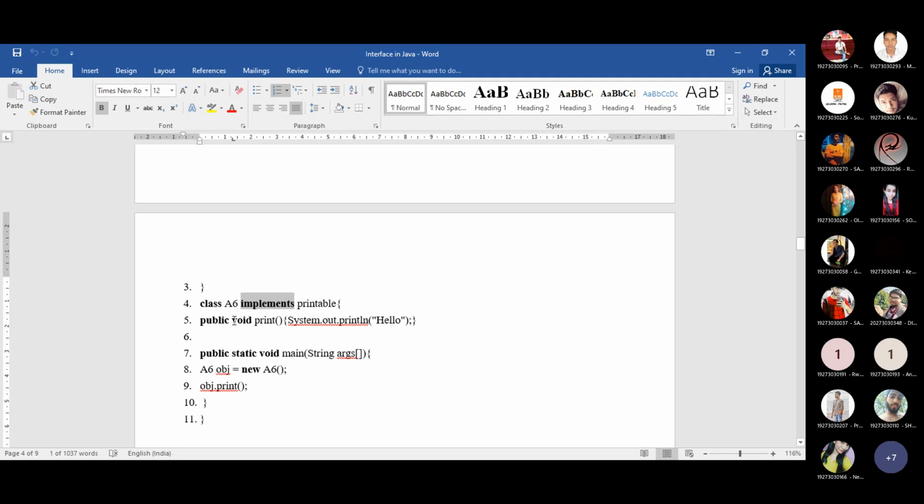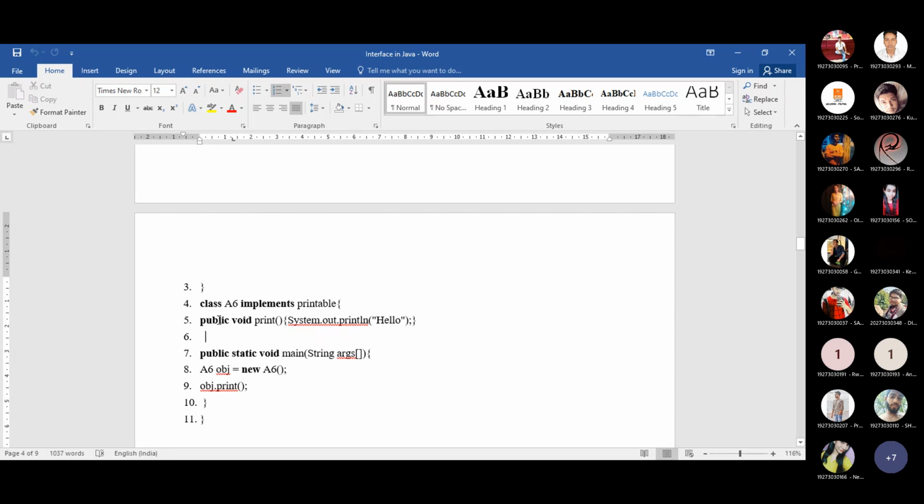Here we have written void print, and inside it we write one statement, hello. Now look at this keyword, public. This is the rule for interfaces: whenever you implement an abstract method that is defined inside the interface, you need to mention that method as public. This is the syntax.